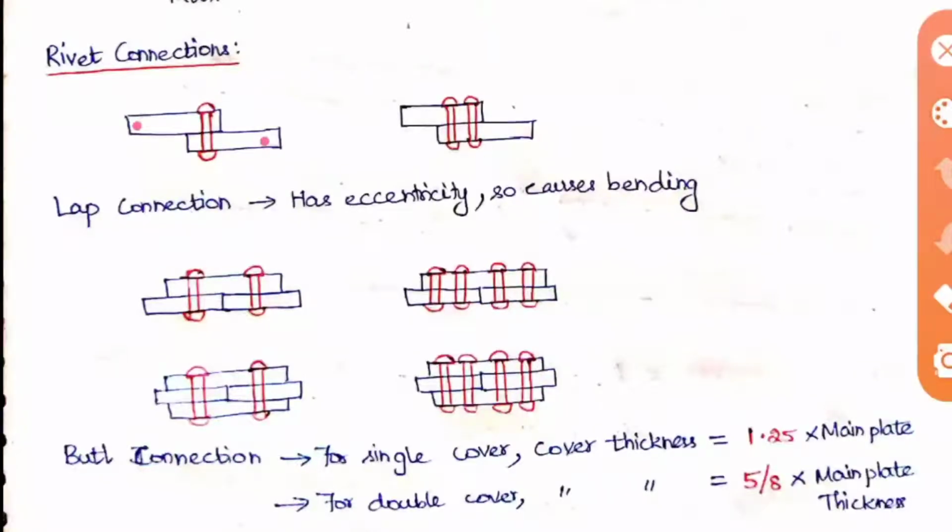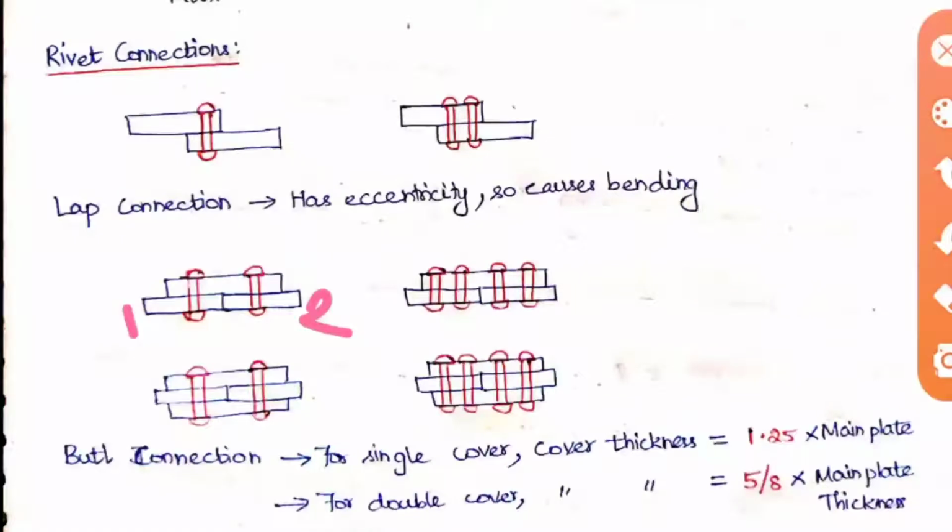If you see here, this is one plate and this is the second plate. In the middle you see the separation, no? These are two plates, and the upper area you are seeing as a single plate, no? That is not a plate, it is actually a cover. The cover plate is used in addition to the steel plates for fixing them together. So this is the difference between lap and butt. Here one rivet is given for one plate and another rivet for another plate. This one is called a single riveted single cover butt connection.